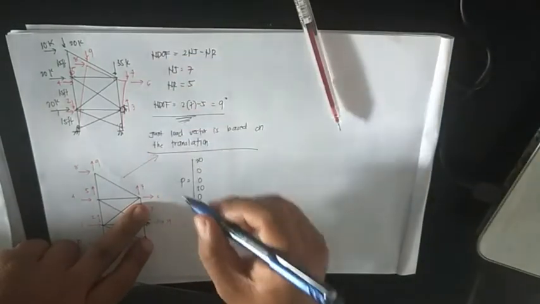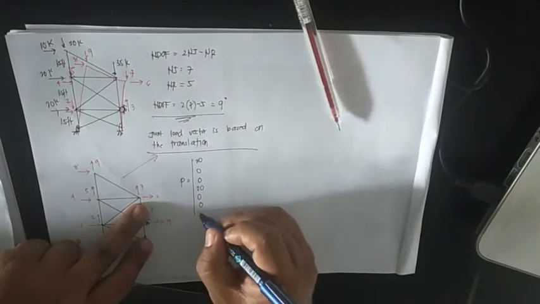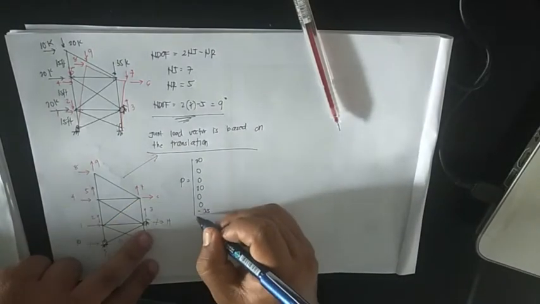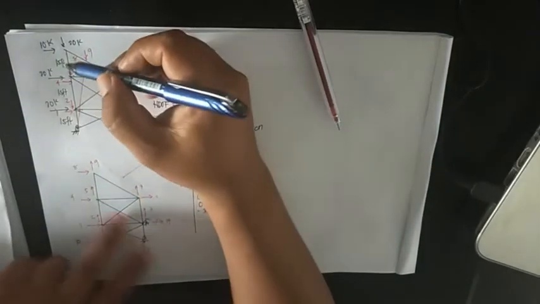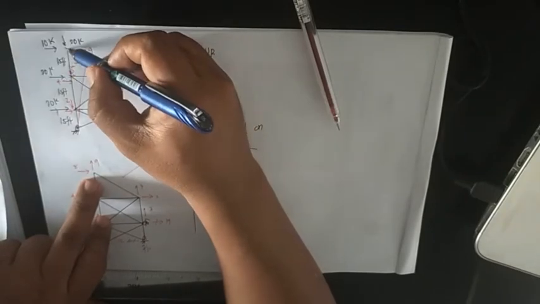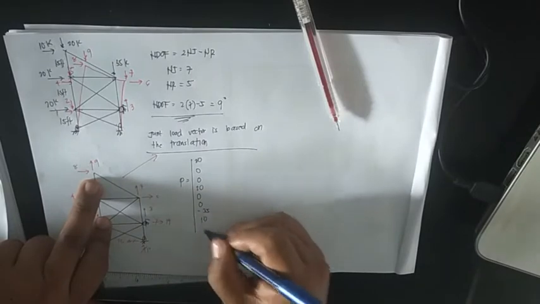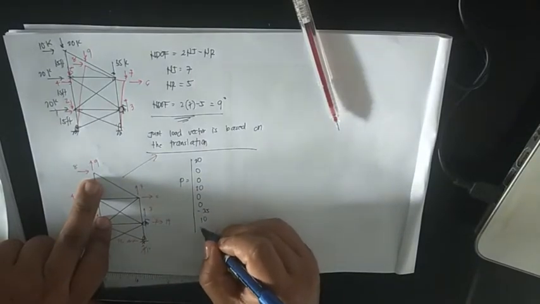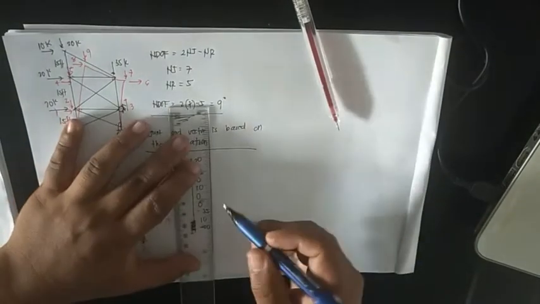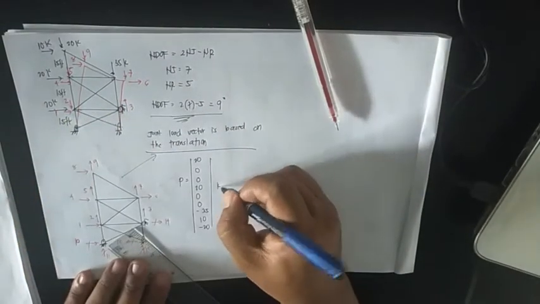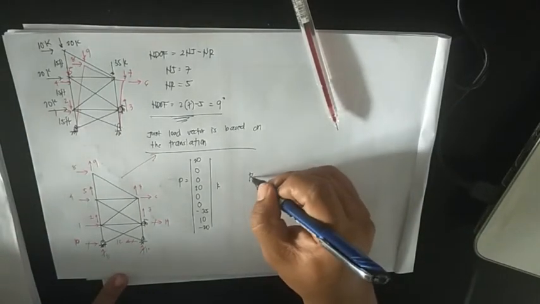Next 6. 0. Then we have here 35. The direction is downward, negative 35. Then at this point it will be 10 and negative 20. So this is now the joint load vector. So now if we want to determine the reaction vector, reaction will be,